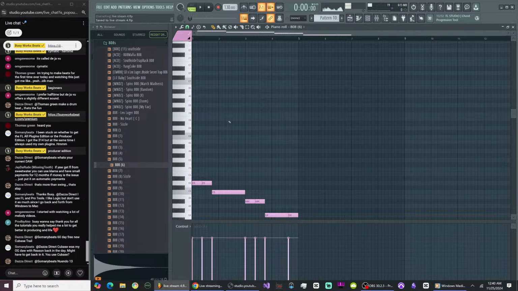But yeah, Logic probably has the best stock sounds out of every DAW. Pro Tools is the best recording and mixing stuff, in my opinion. FL has the best workflow for beat making, and Ableton has the best audio manipulation tools. I just wish they would come together, make one master DAW. We would just be making music forever.